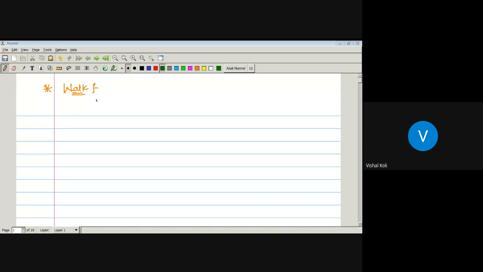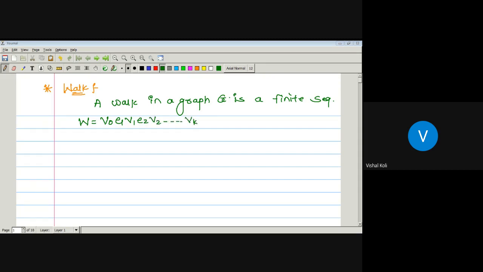A walk in a graph G is a finite sequence W equal to V0, E1, V1, E2, V2, up to so on Vk minus 1, Ek, Vk, whose terms are alternating vertices and edges,